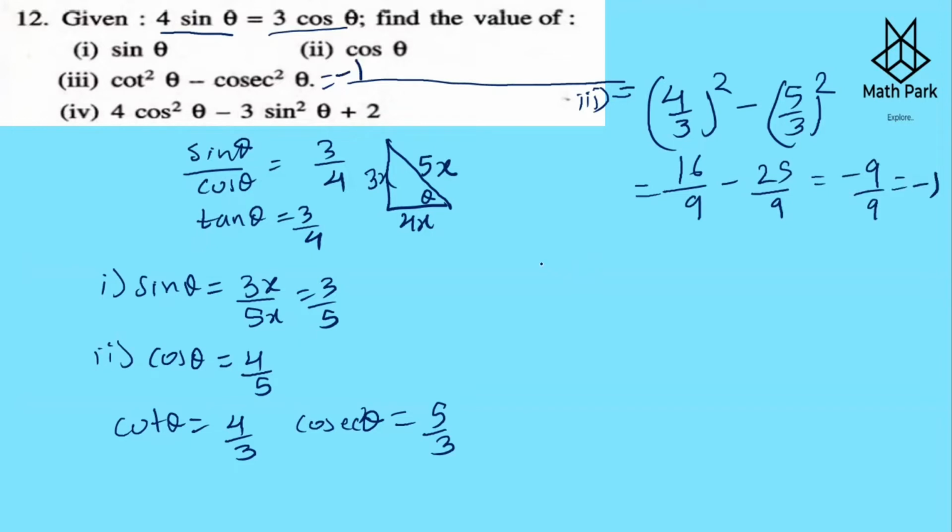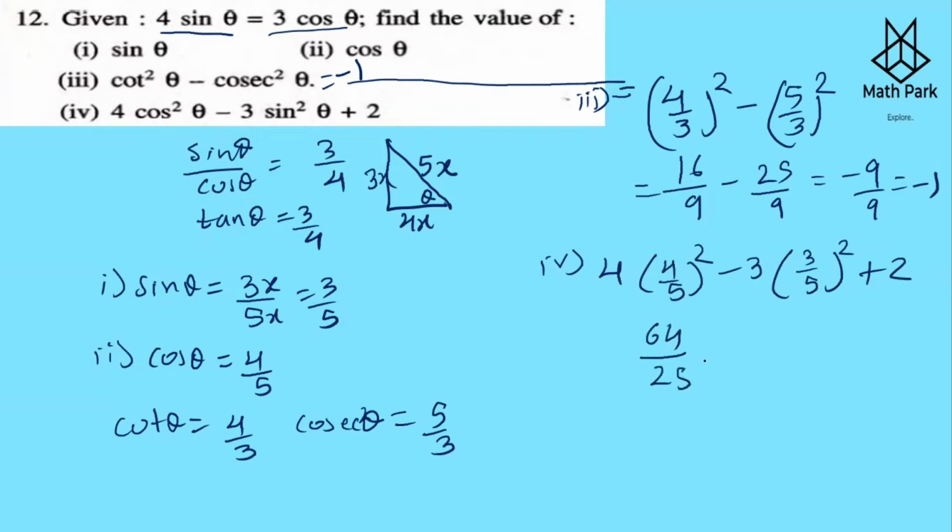Now the fourth part, you are asked to find 4 cos square theta. So cos theta is 4 by 5. So 4 upon 5 and then the square of that. Minus 3 sine square theta. Sine theta is 3 by 5. So square of that plus 2. 4 into 16, it is 64 upon 25, minus 3 square is 9, 9 threes are 27. So 27 upon 25 plus 2 upon 1, which can be written as we can take the LCM